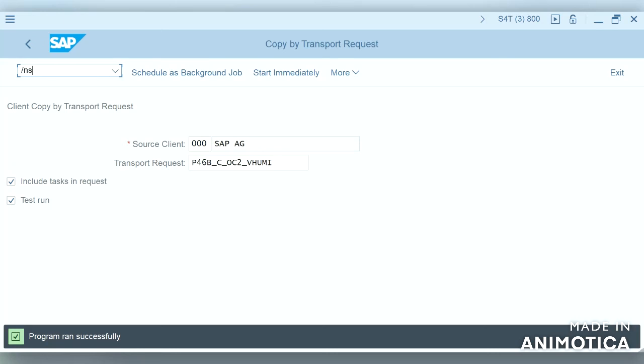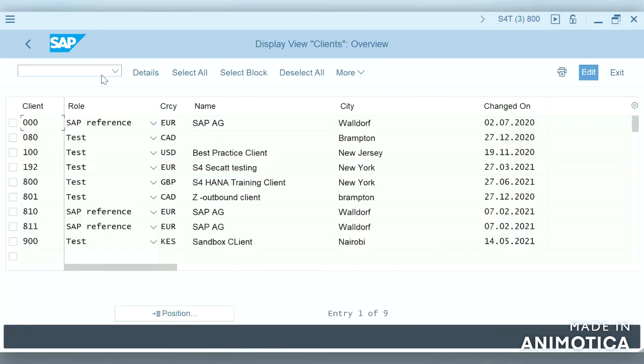Let us learn about one more transaction, SCC4, where we can see all the clients available in this particular system. I think we are using 800 when we are practicing. This is the global currency for our company codes, so ours will be GBP.